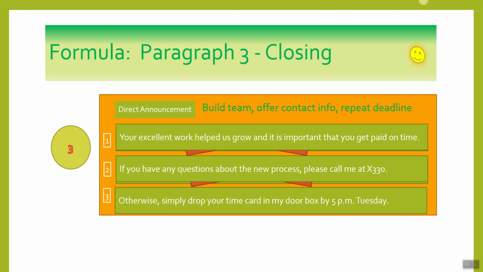Everything's easy. I'm setting a tone of easy. Simply drop your time card in my door box by 5 p.m. Tuesday. And I try to make sure I get this deadline right at the very end. It's the very last thing in the memo. So don't even say thank you. Just leave it right there so you have your last thing as your deadline.